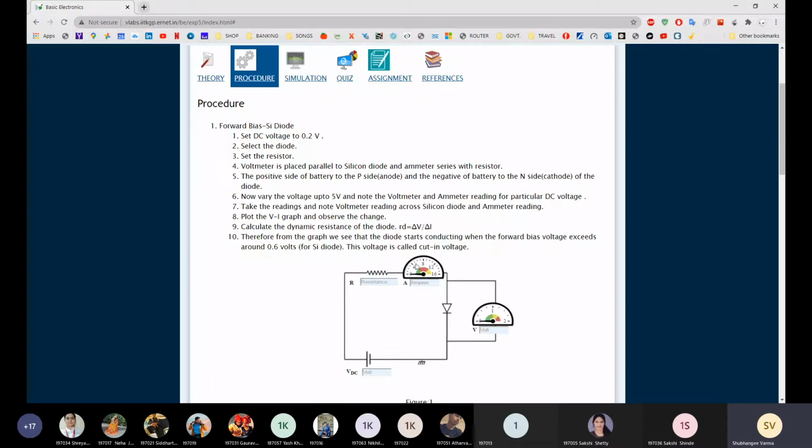So here you can see this is the ammeter. It shows the current flowing through the diode, whereas this is the voltmeter, and this voltmeter indicates the voltage across the diode. Students, draw the diagram in your notebook.